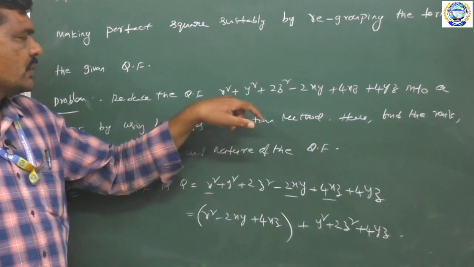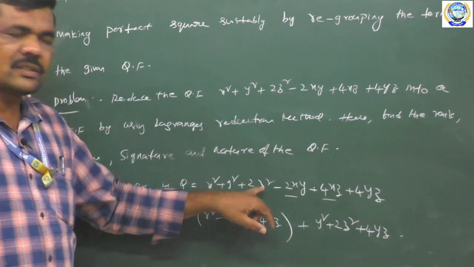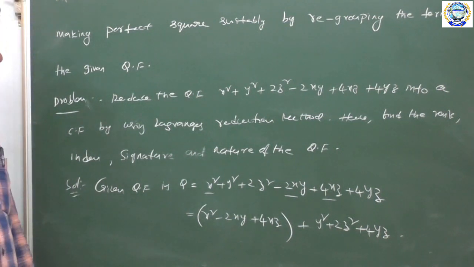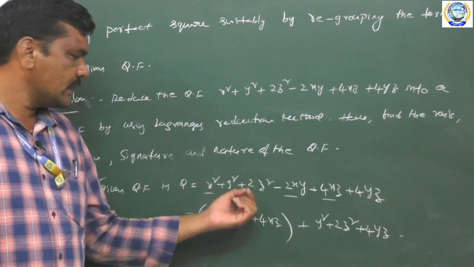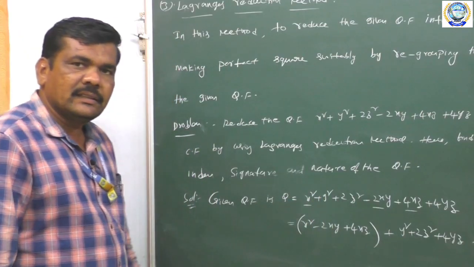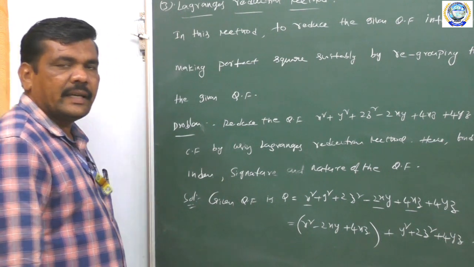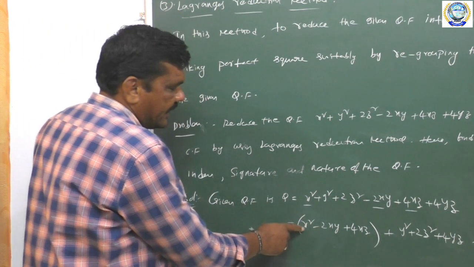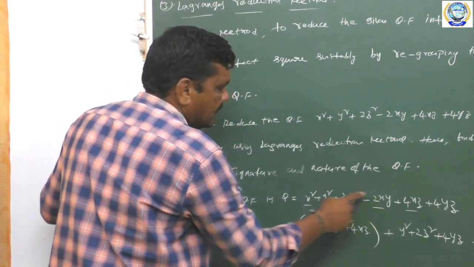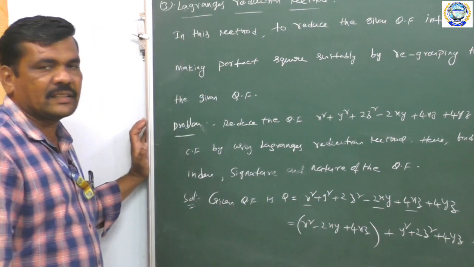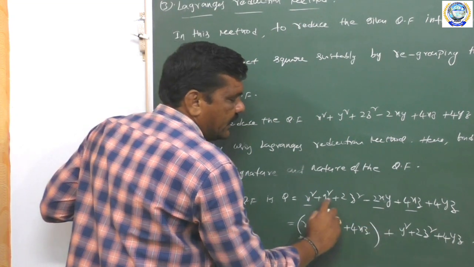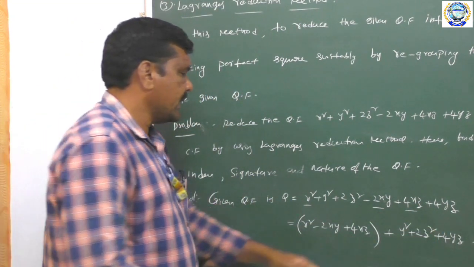Given quadratic form is Q is equal to x square plus y square plus 2z square minus 2xy plus 4xz plus 4yz. Here, we regroup the terms in this quadratic form Q, that means we write the terms involving x at one place. That is, here we write x square minus 2xy plus 4xz. These three terms have the variable x. So, we write these three terms at one place and then write the remaining terms. This can be written as